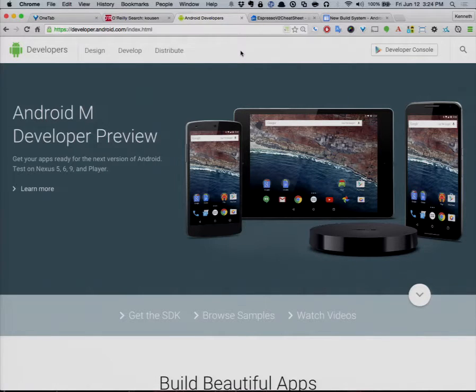leading most people to speculate that MNC stands for Macadamia Nut Cookie. And I was just talking to Xavier Ducrohet about that. I know I'm not pronouncing that well, but I'm trying. He's the head of the Android plugin project. He's talked here already, and he's also the head of the Android Studio project. He informs me that the preview versions also have names, so while they're referring to it as Macadamia Nut Cookie in the M preview, when they actually release M in the fall, it probably will be called something else. I don't know, Melon, M&M.